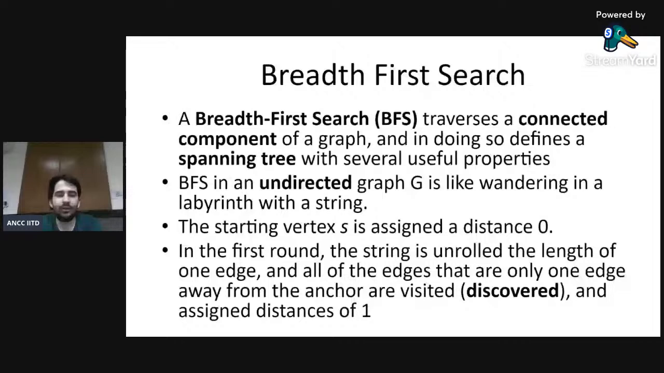Along each edge, and the distance that you reach, you assign them a distance of 1. Now what you do next is you suppose